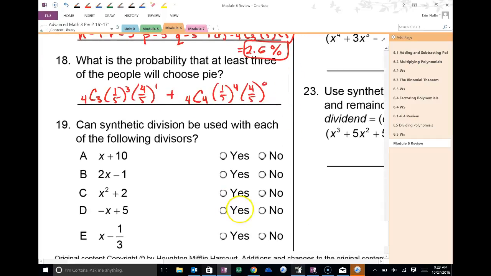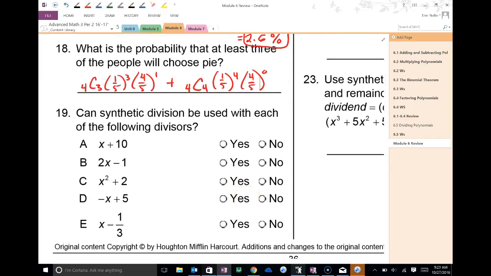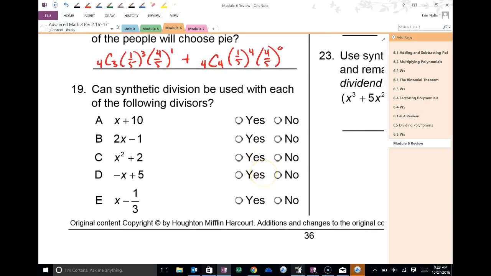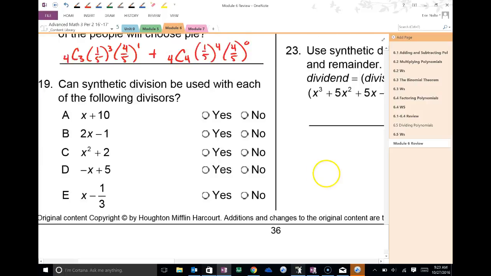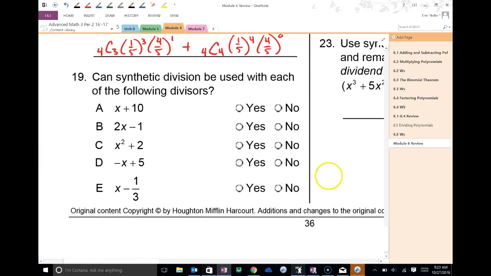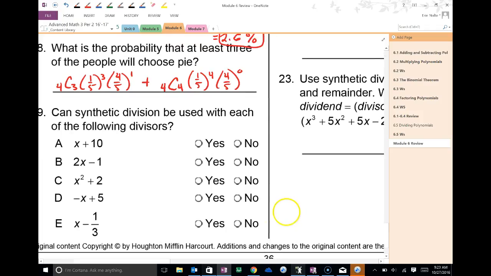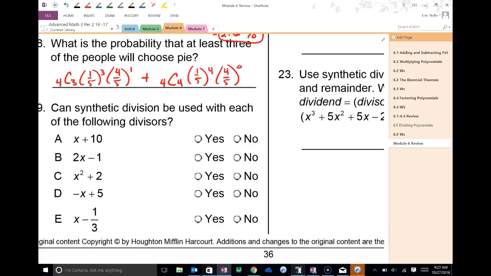Wait, so we're out of time. We don't have to take the quiz? No, we're out of time for reviewing. The rest of this is what we learned yesterday. That should be easy. Yeah, we're good. So hopefully that's still fresh in your brain. All right, so